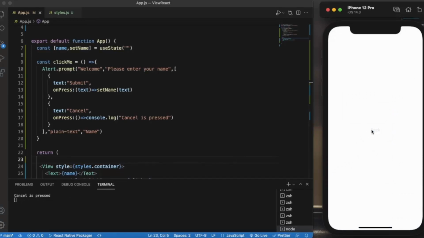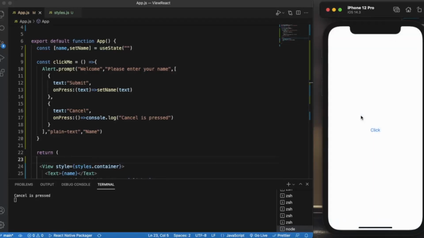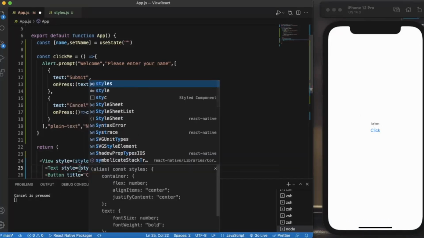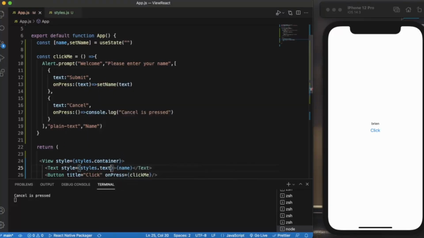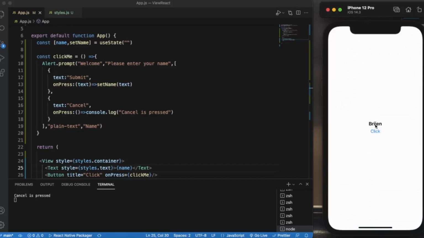Let me just click on this again. Now we can enter name. Let's enter my name. Okay, so if I press on submit, we will see this name over here. Let me just provide style over here. Let me just rewrite my name. As you can see,